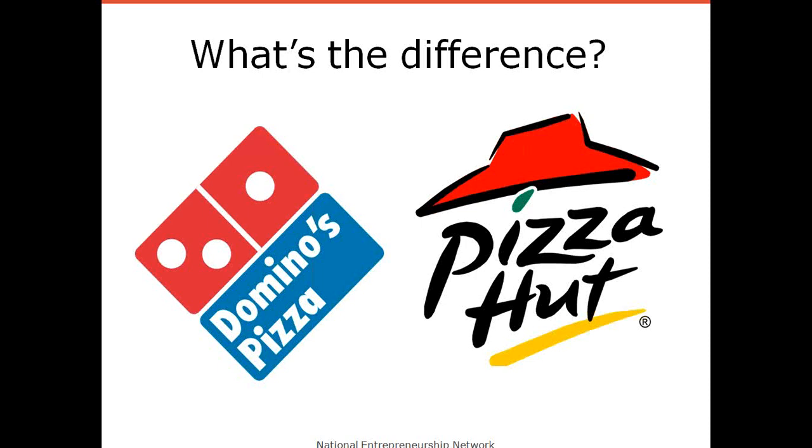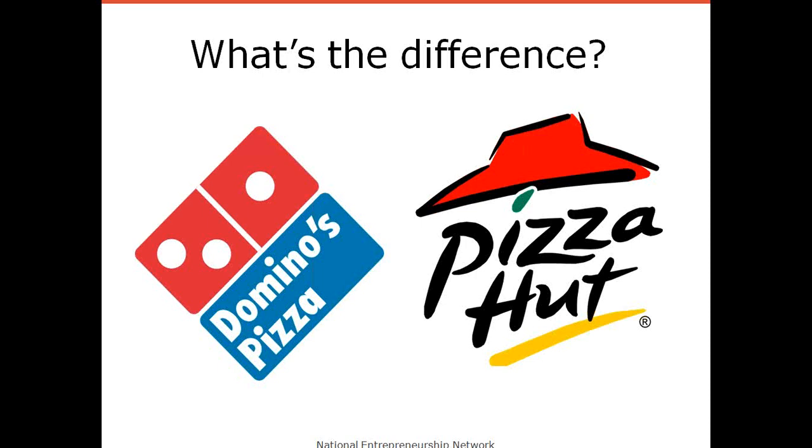As against a Pizza Hut, wherein it is a proper restaurant and the focus is more on providing you a good experience. Okay, so you see both of them delivering pizzas, making pizzas and delivering them to you, but they're delivering it in a very different way. So this is one example that I will again quote later, but I will go through a few more of